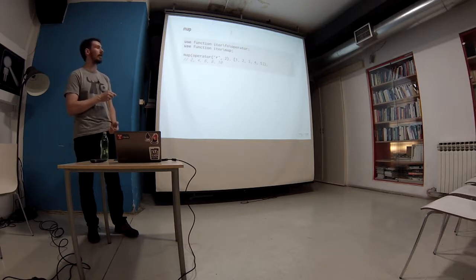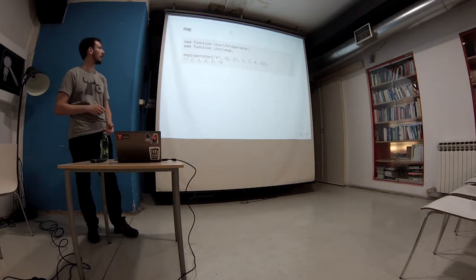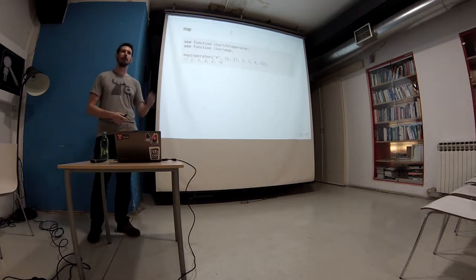You can have anything here, so division, addition, power, I don't know, there is a list of them. So this will basically map over this array here and multiply each element by 2, and you will get 2, 4, 6, 8, 10. Okay? This is very typical of